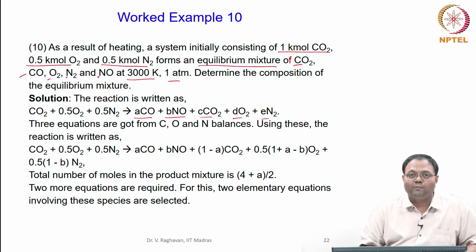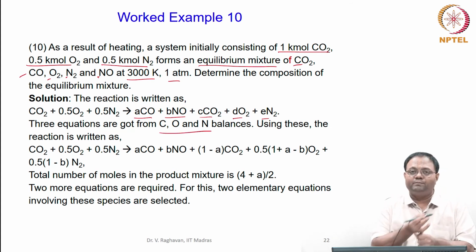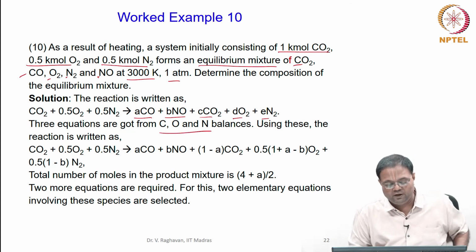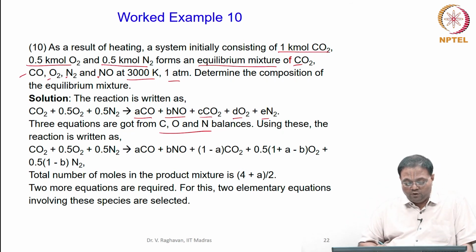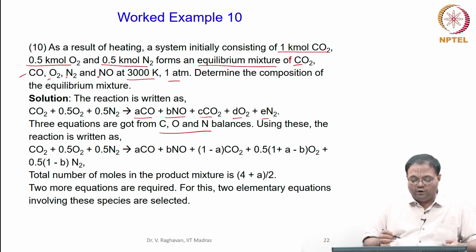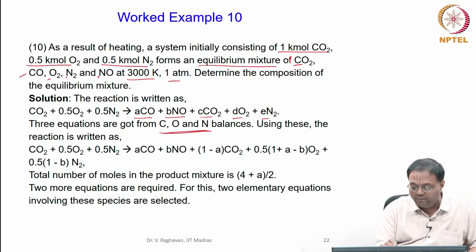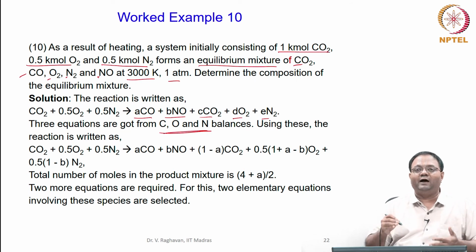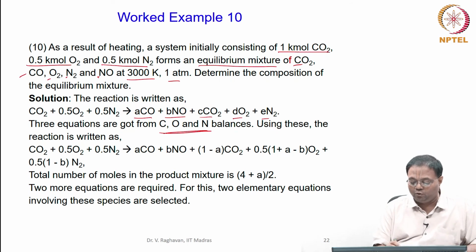Okay, because of NO formation, N2 also is not known now. So 3 equations are got from the balances. Again, as we previously did, the 3 balances, C, O and N, will give 3 equations. Now again I reduce the number of unknowns using these 3, but how many unknowns are there? 5 unknowns are there. So try to use these 3 balances and only arrive at 2 unknowns. So that is what I am trying to do. Only A and B are kept as unknown, others are written in terms of A and B itself.